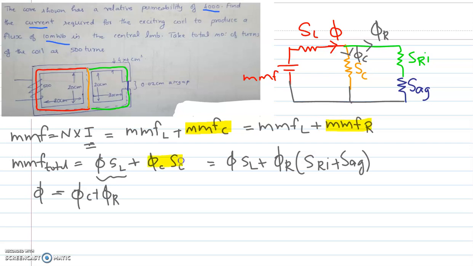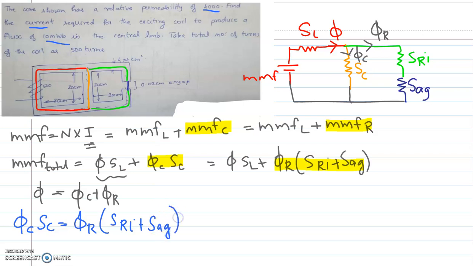That means phi C into SC will be equal to phi R into (SRI plus SAG). So we will write it as phi C into SC is equal to phi R into (SRI plus